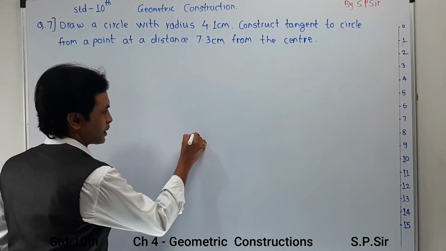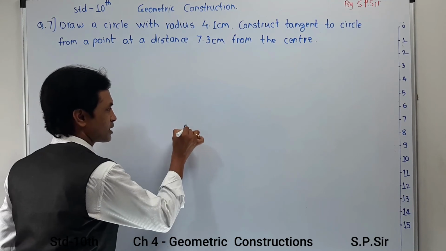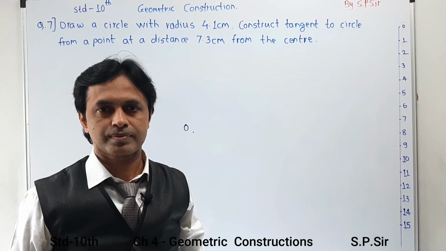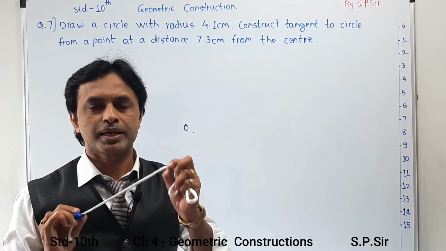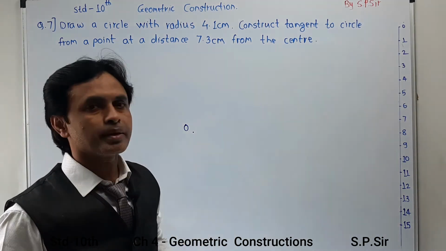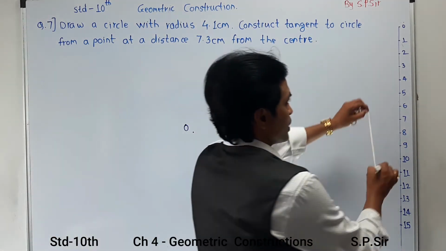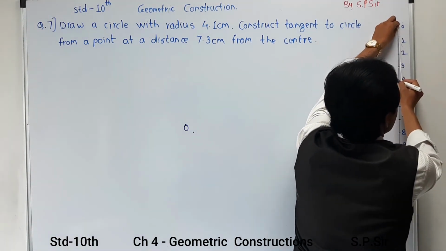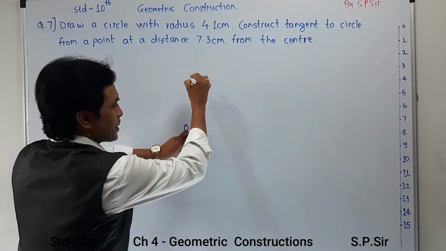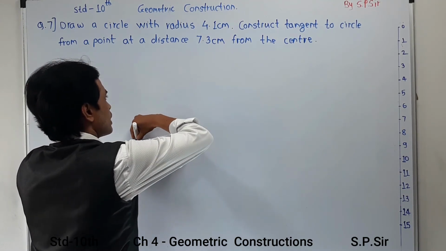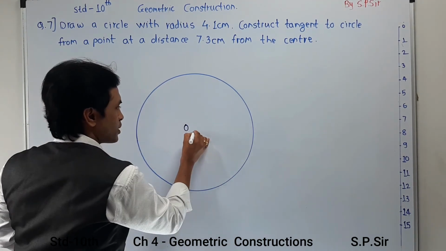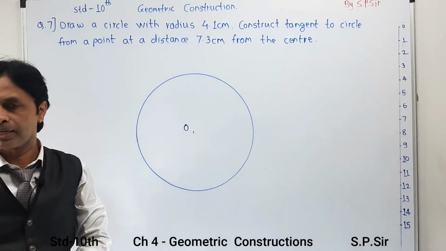Now we have to take a particular center at some location. Let us say I have taken a center and give the center the name O. Now we have to take a rounder, pencil head and pointer head, and take the specific radius as given, 4.1 centimeter. So here I am going to take a radius in terms of my scale measurement, 4.1 over here, and now I am going to draw the respective circle. Keeping center O over here, I am going to draw a circle of radius 4.1 centimeter, and in this way your circle with center is completed.